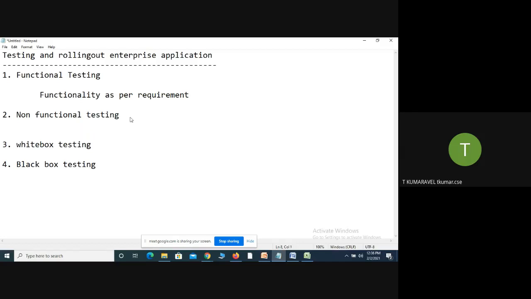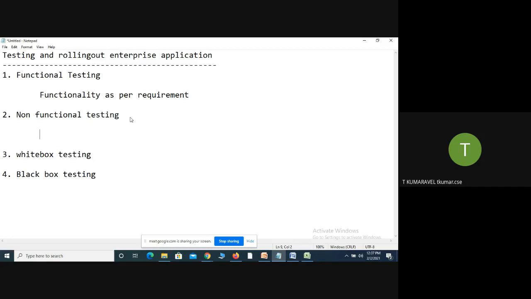Non-functional testing, in the sense, is about things other than the functionality. Other than the functionality, we are talking about the quality attributes, such as security, performance, maintainability, reliability, availability and scalability.